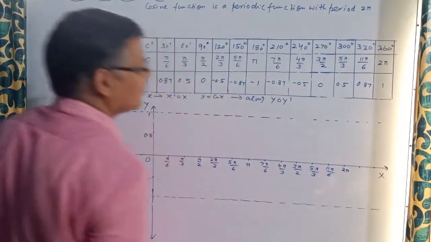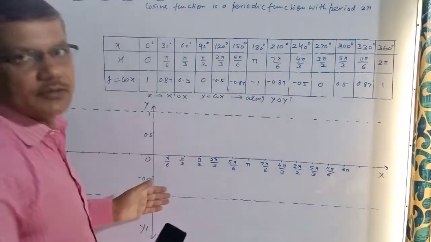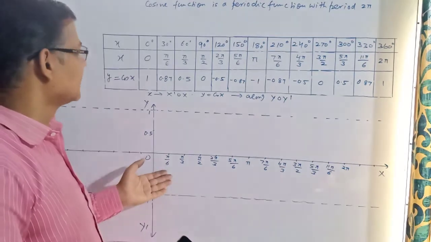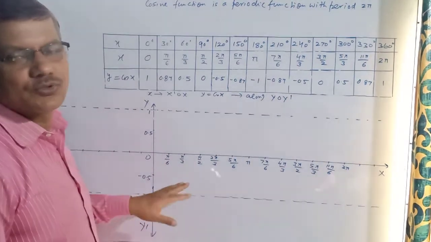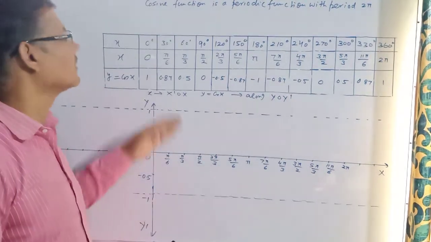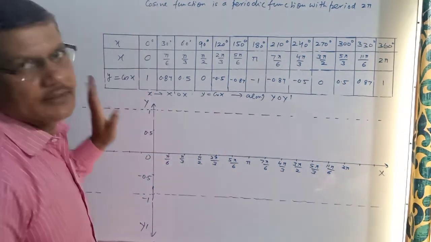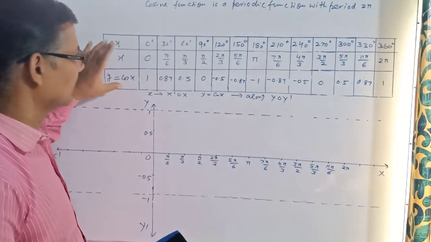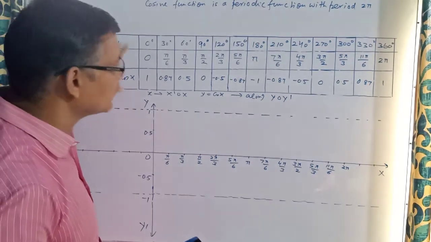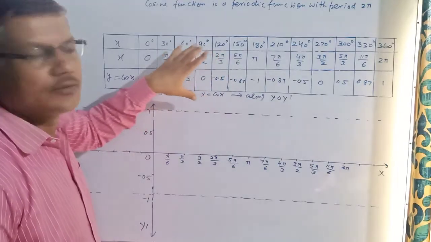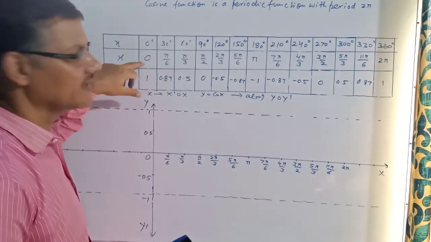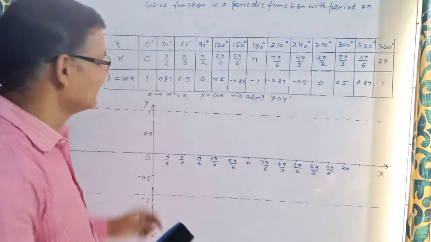And if you are having a problem with radian, you may write it in degree, but here it is supposed to be written in radian. But if you write in degree, no problem. That's why degree and radian are both written here. But in your exam, in your practice, you are required to use only one unit. So to make it easy, I use both the units at a time, degree and radian.